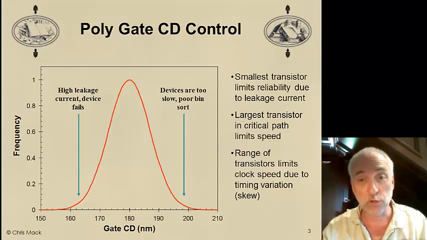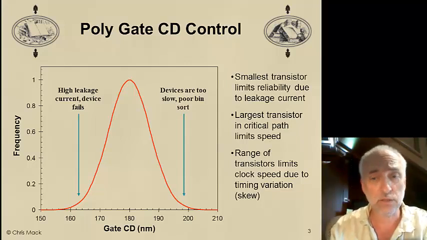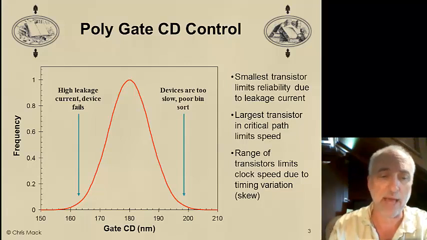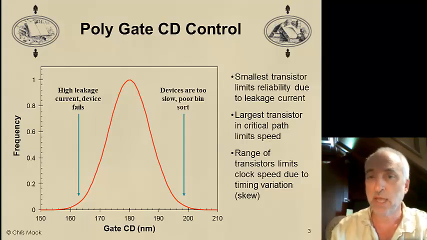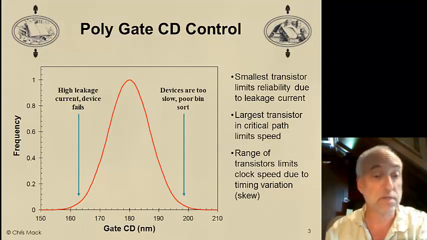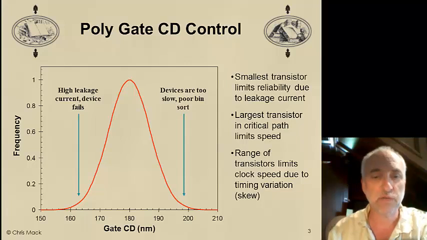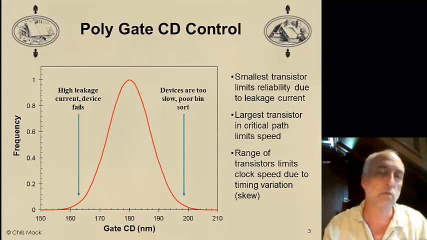If our CDs get too big, then they are too slow. If they're too slow, especially if we have a critical path, a path of one transistor after another that the signal has to propagate through, the largest transistor in that critical path limits the speed that we can run the device. So if we have these big slow transistors, the device runs more slowly,